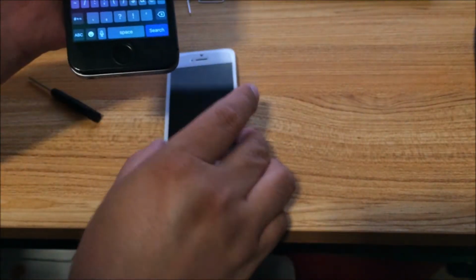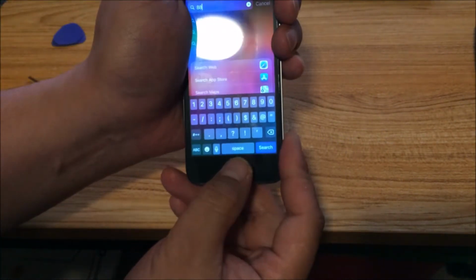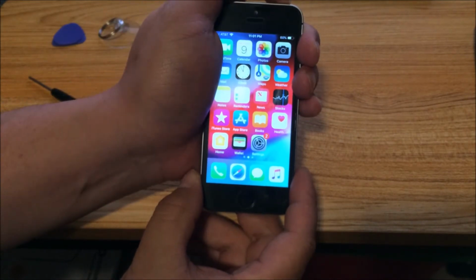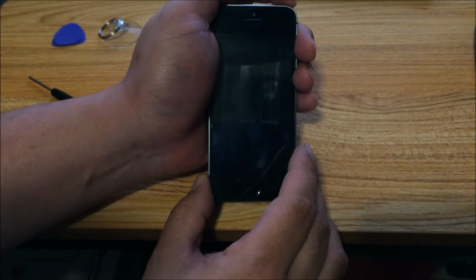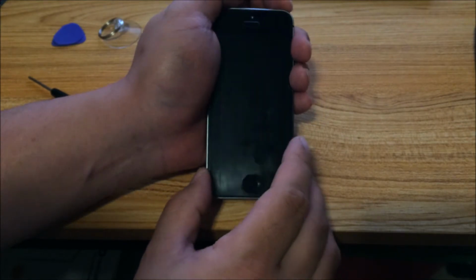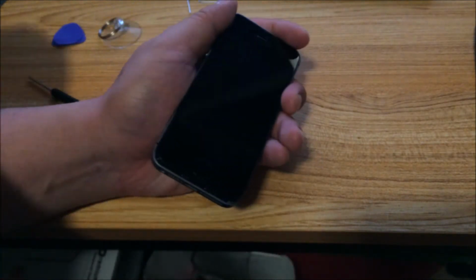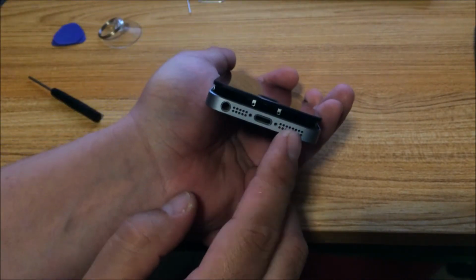So I was planning to replace it with this working screen, but with my luck, I opened up the phone and just tested the connection. First, repositioning the connector didn't work too well. It was still broken. So the hardest part is taking off the screen: take off these 2 screws, and then use